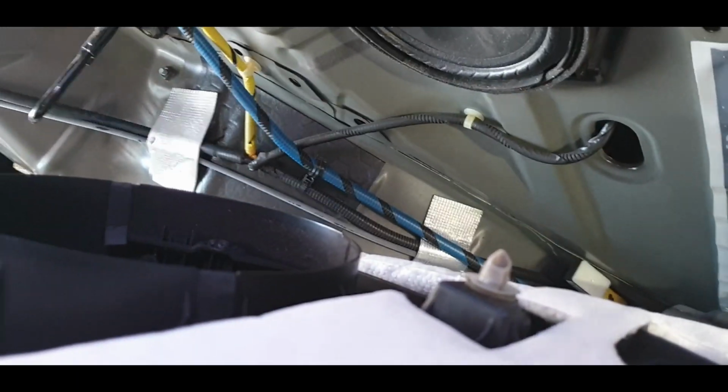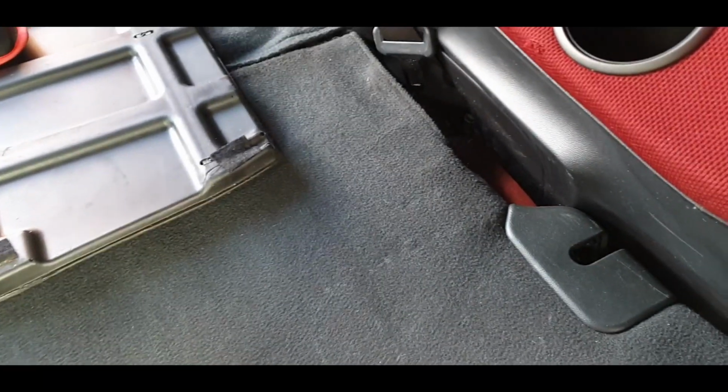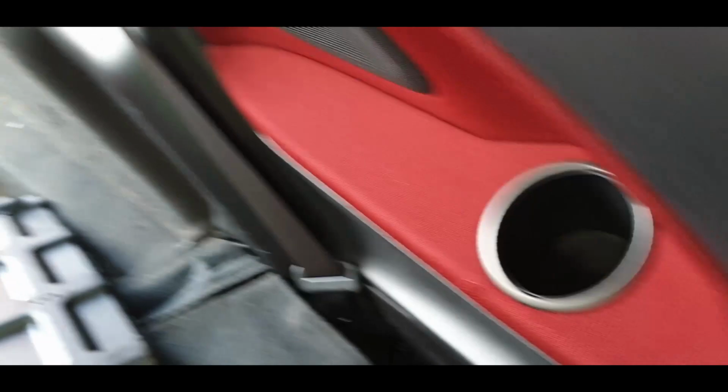So that's what we've got behind. Don't forget to unplug your rear cigarette lighter socket, and then you've got a couple in here. So you've got one down there, one here in the middle, goes in that hole there. Ideally you want to be removing the rear seats, but I can't be asked, and this panel's going to go in scrap anyway, so I'm